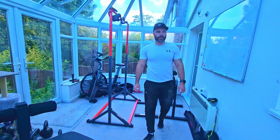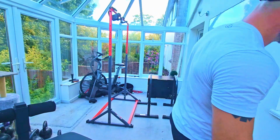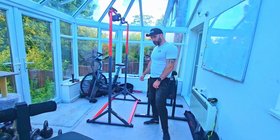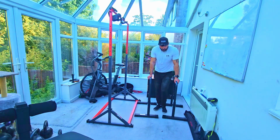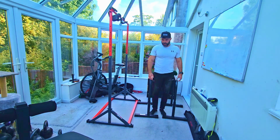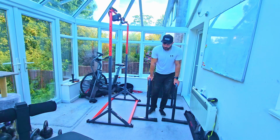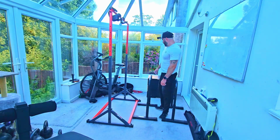See, 3 sets. So I'm into my minimalist style, and I know there's lots of people out there that are very much into high volume 15-20 set workouts, and there's a lot of bodybuilding style workouts like that. There are some, like those Mike Mentzer ones, where you're getting people that say 1 true set is all you need, go to absolute failure, and they're getting results from that. Again, like I said, there's lots of ways to skin a cat, lots of ways to create hypertrophy, but